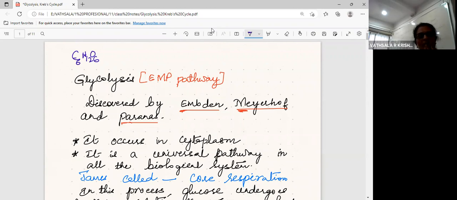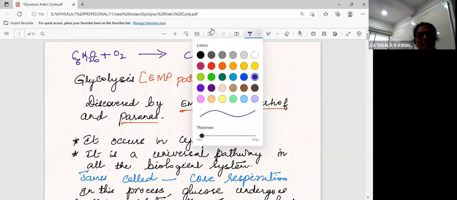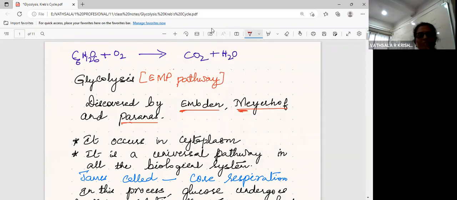Yeah, in the presence of oxygen it gives CO2 and H2O. Okay, so now tell me, how much CO2, how much ATP, how much H2O? Balance: 6 CO2,